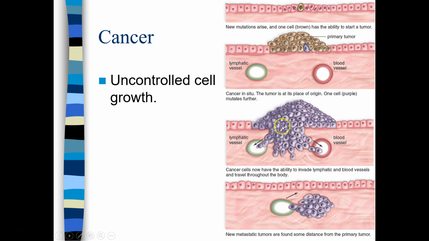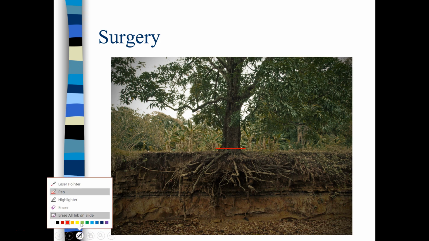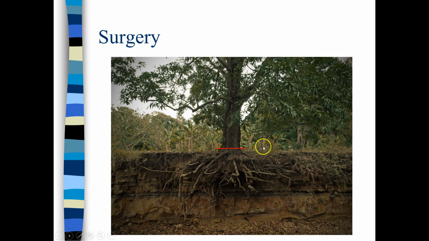But once the cell starts to invade into surrounding tissues, right? Once those margins don't get so good, right? Think of trying to dig up a tree. If I wanted to get rid of a tree in my backyard that I don't like, and I didn't really care about anything underground and just wanted to cut that tree, done. Very easy. Now, if the tree only existed above ground like this, if the roots never existed, trees would be really easy to get rid of.